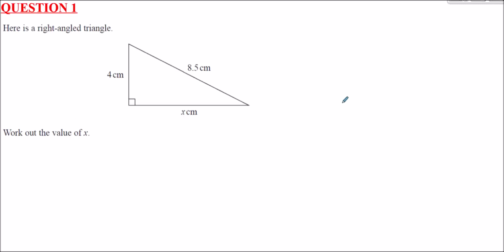So question 1, we have a right angled triangle. We know two sides here, the hypotenuse and the other side. We want to find the bottom side. Because it's a right angled triangle and we want to find one side having known the other two, this should hopefully scream at you: this is Pythagoras' theorem. So using Pythagoras,